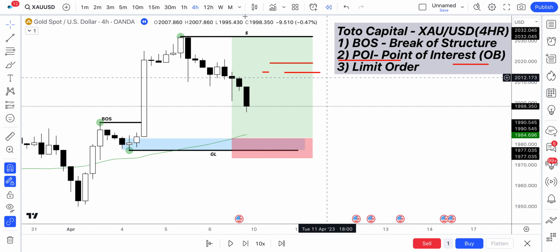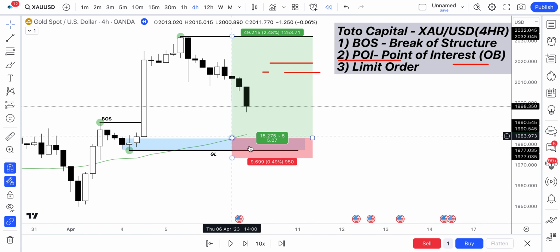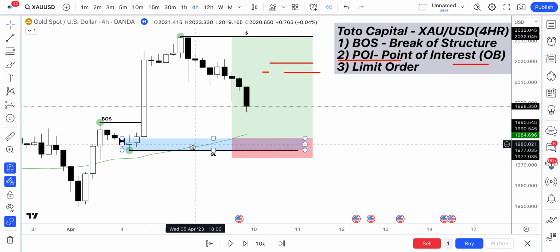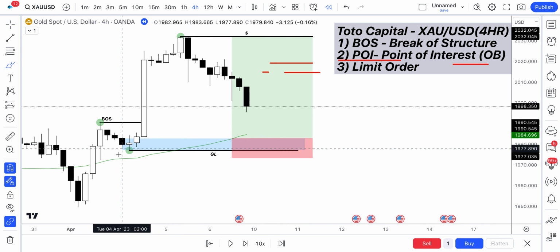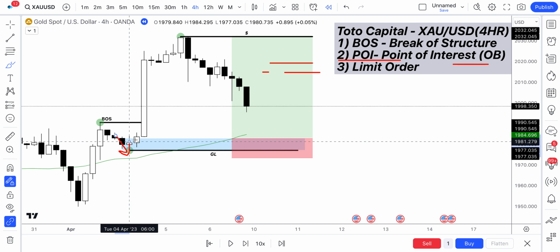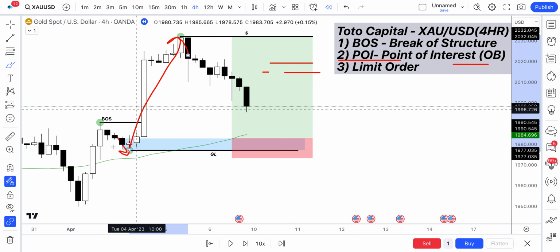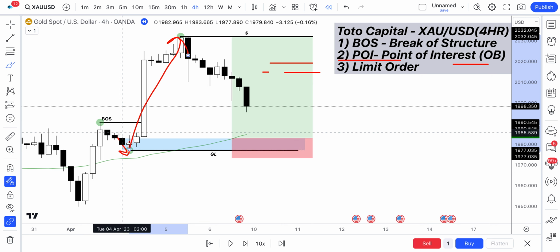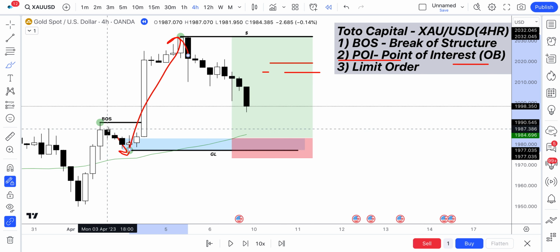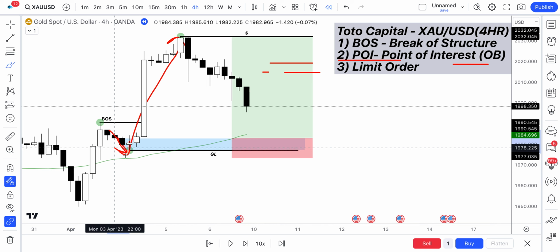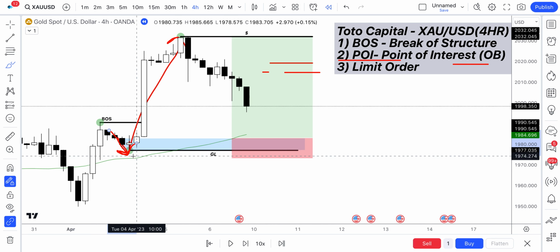Okay, and the reasoning behind this trade and why we're looking for a long only out of our POI is because imagine this. Institutions have to sell into these lows here and they will aggressively buy in order to create that fuel. So the fuel to move the market is created from the institutions selling heavily. This entices retail traders to also go short, tricking them and ultimately using them as liquidity to move the markets